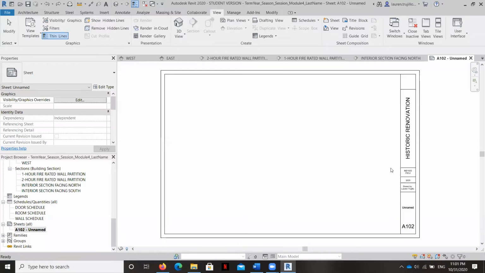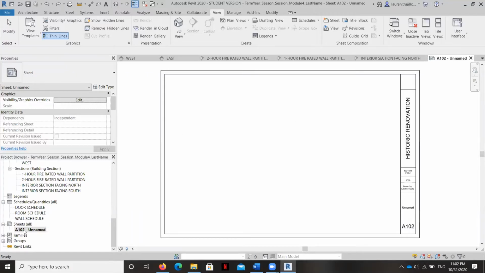In this video, I'm going to teach you how to create, duplicate, and rename sheets in your sheet set, as well as create a sheet index. Now, just like with anything in Revit, you can add and delete and rename sheets throughout your drawing process, but I'm going to just create our beginning set right now because it will allow us down the road to be a little bit quicker when we're assembling our sheet set, because if the sheets are made, then it's just a matter of dragging and dropping our drawings or views on them.